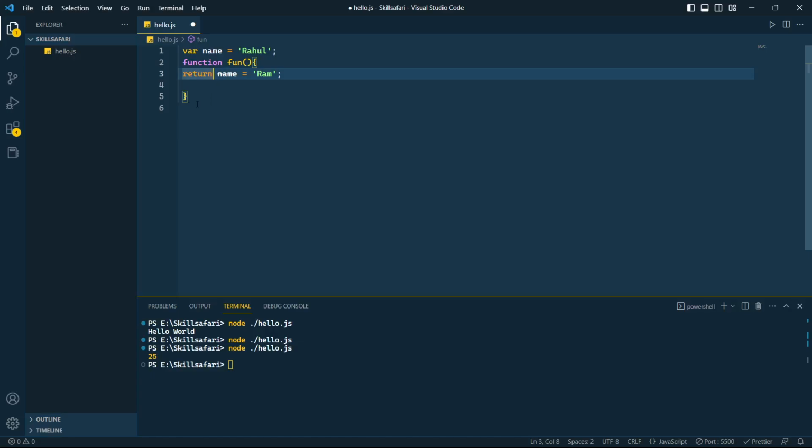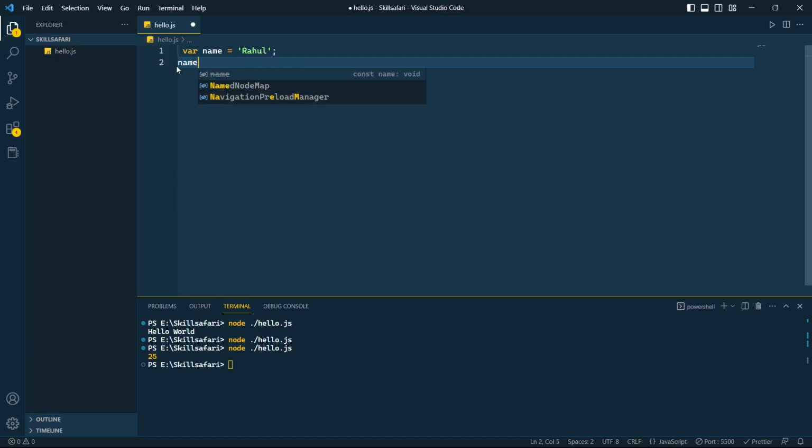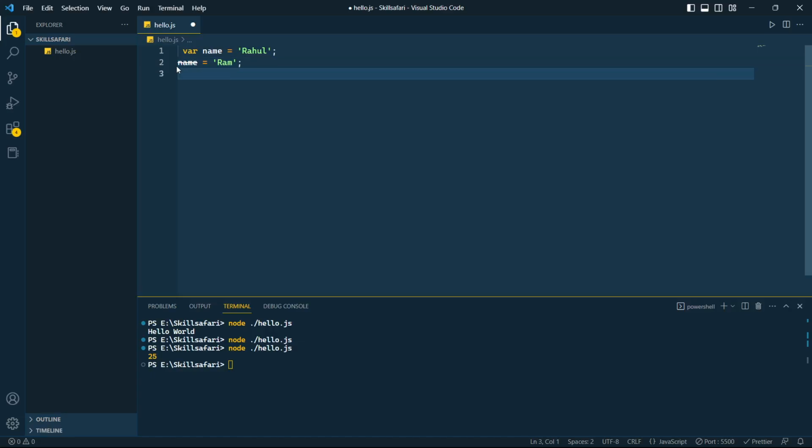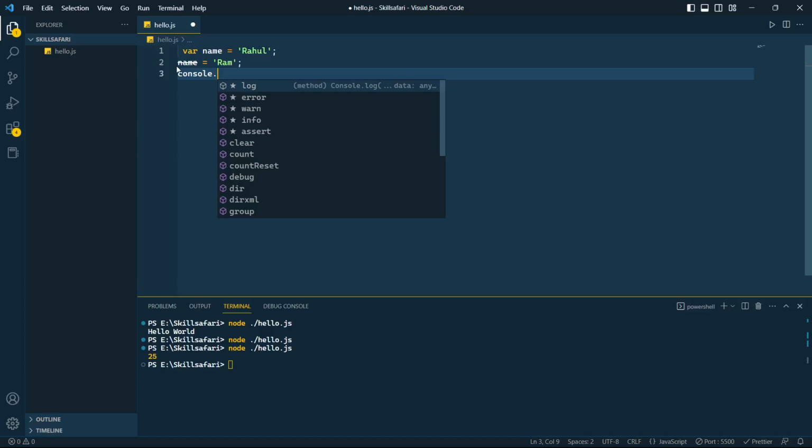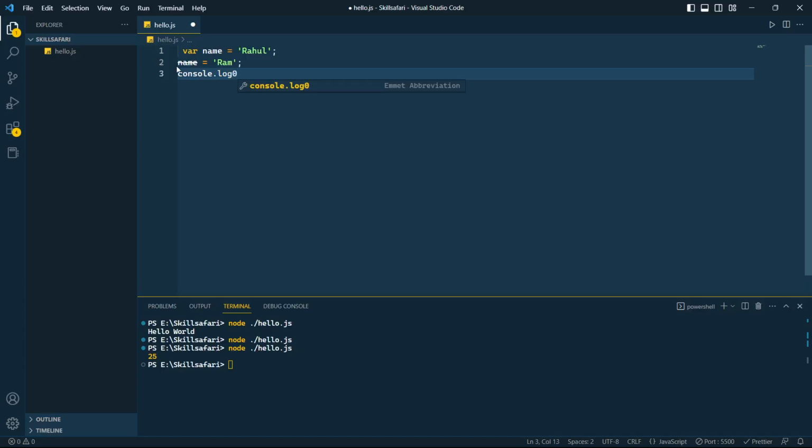So let me clear up the concept with some other example. If I change this name, it will allow me to write Ram. Let's see what it gives us.